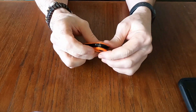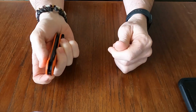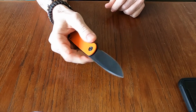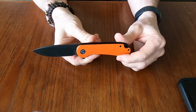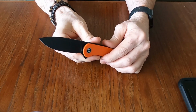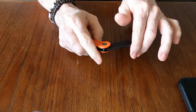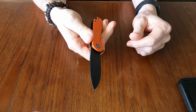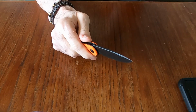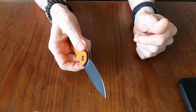And probably my favorite thing about Civivi knives so far, I've only dealt with 3 of them, and you can watch the other videos of the Backlash and the Praxis. But the action on them out of the box, it's so smooth. Most knives, I have to apply a bit of lubricant just to get the pivot action loosened up. With Civivi, right out of the box, it's smooth. As I've said with the other knives, it almost glides open. I don't know how they do it, but they make great budget knives and probably the best pivots, at least